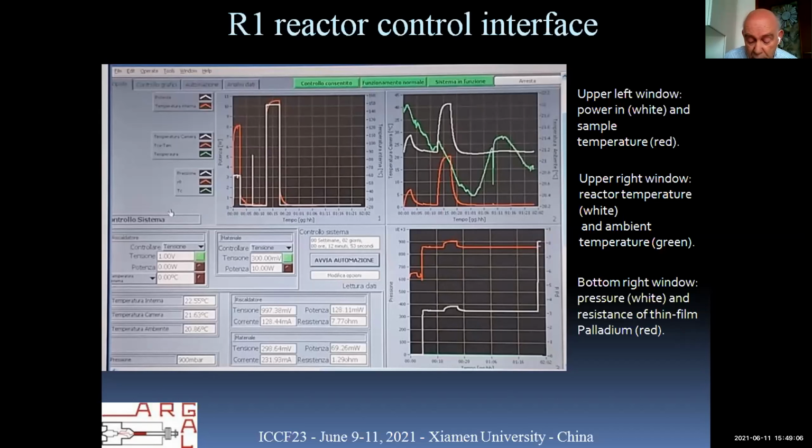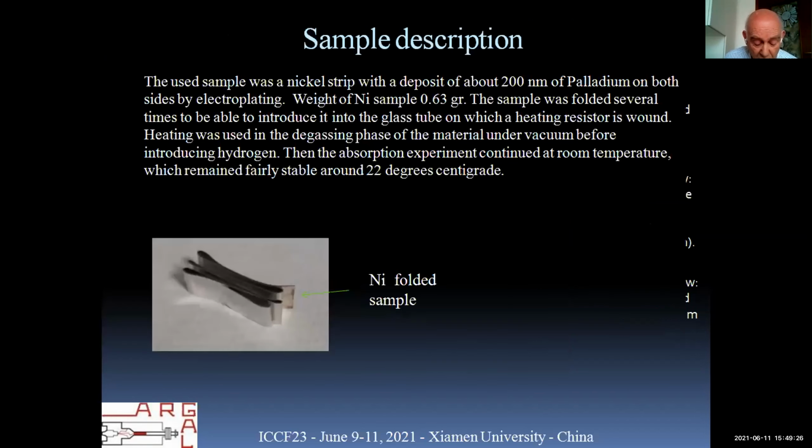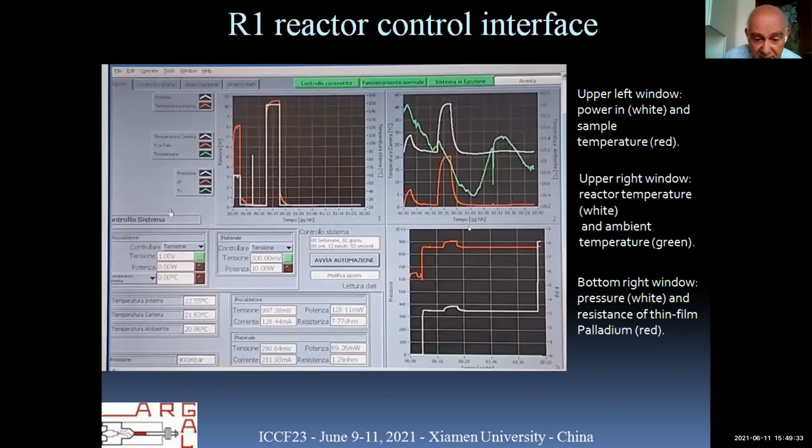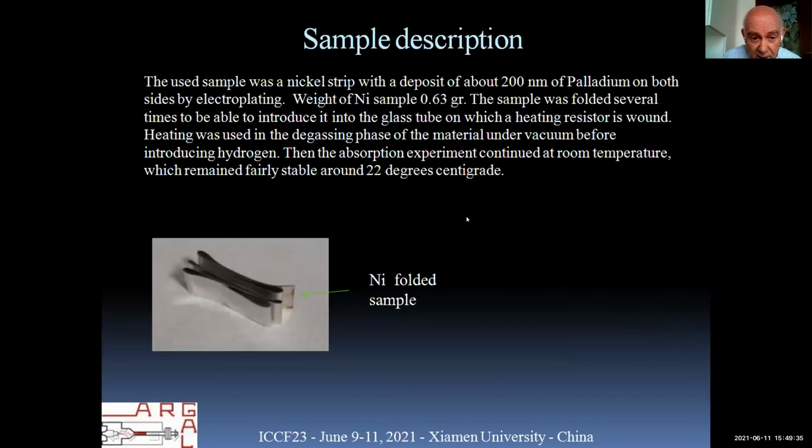Then in the bottom right window, we have two important parameters, which are the value of the thin film palladium resistance, which allows us to know if we have the correct gas inside the reactor, and then the pressure trend inside the reactor. Pressure is the most important parameter for checking absorption. Sorry, the slide was this. And next, neutron detection,